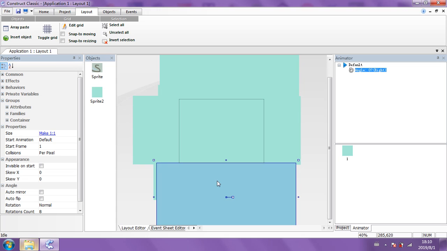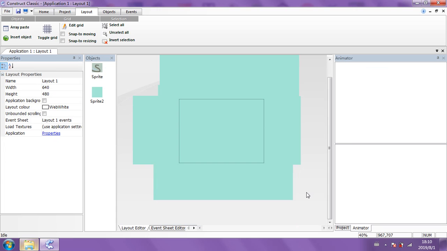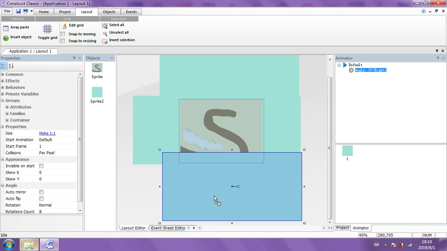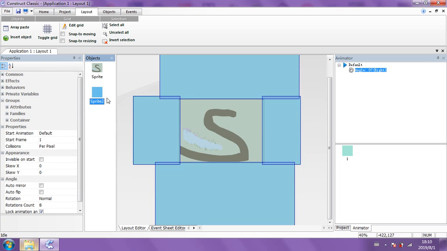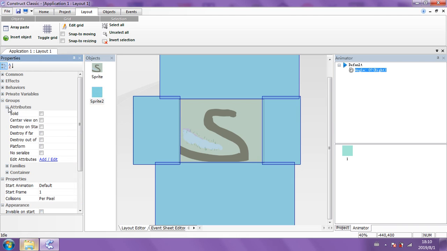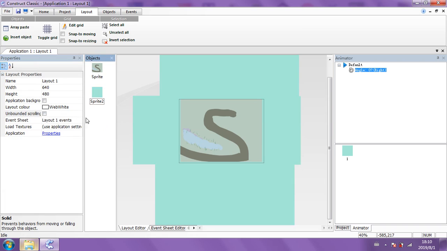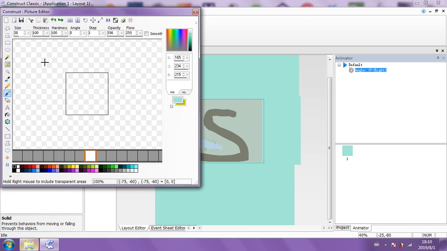Okay, we've actually got more than we need there. In fact, something went wrong because I just covered the whole damn thing. Yep. Okay. So let's just drag that down. Okay, good. Now I'm going to click on the object, click on the sprite here, and then go to attributes and go to solid. Set it as solid. Okay. Now right click under insert an object. Go to sprite. We're not going to draw any. Click somewhere, and then I'm not going to draw anything. I'm going to go to open.